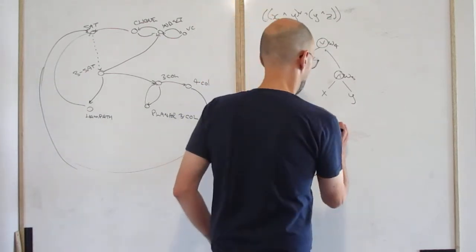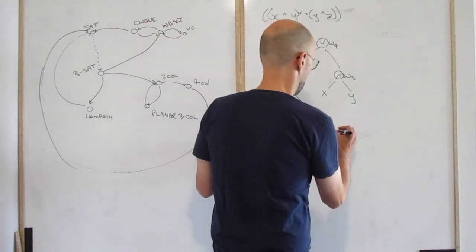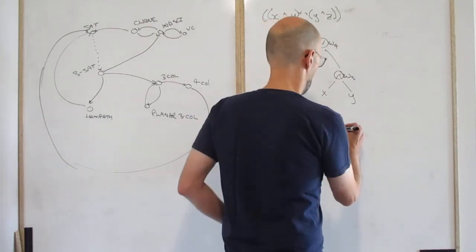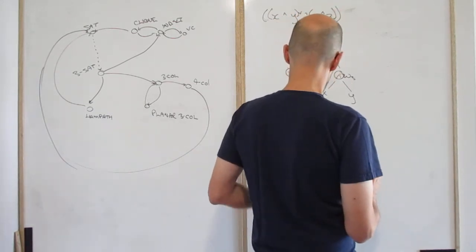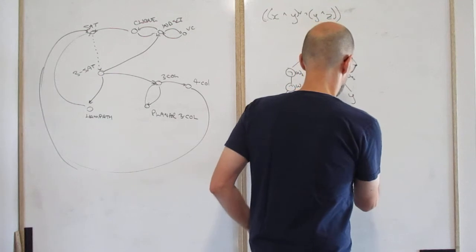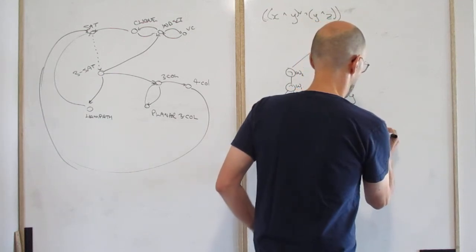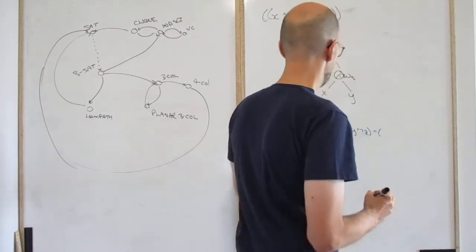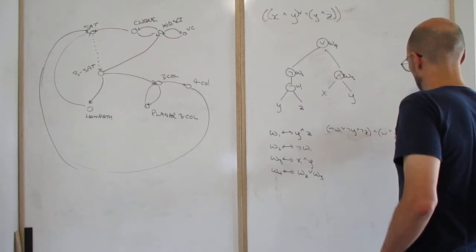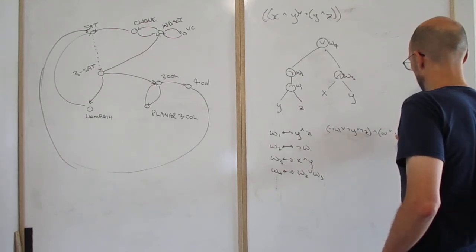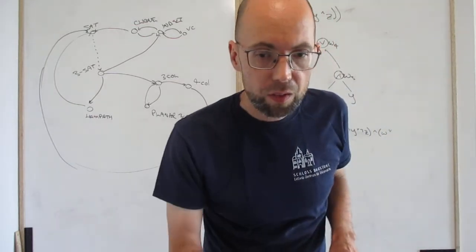So I want to get, so it's either not W1 or not Y or not Z, and W1 or